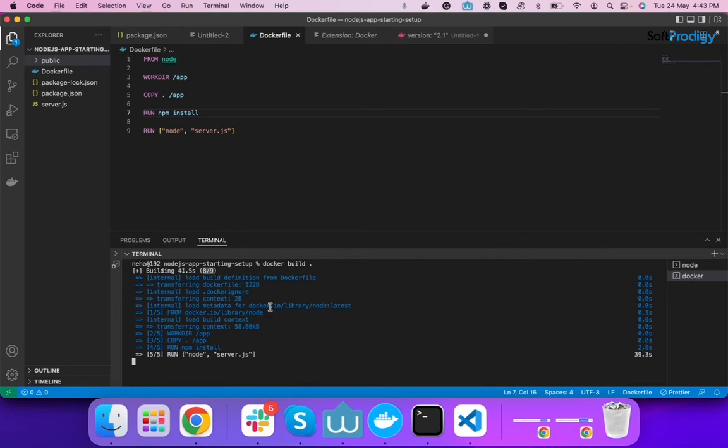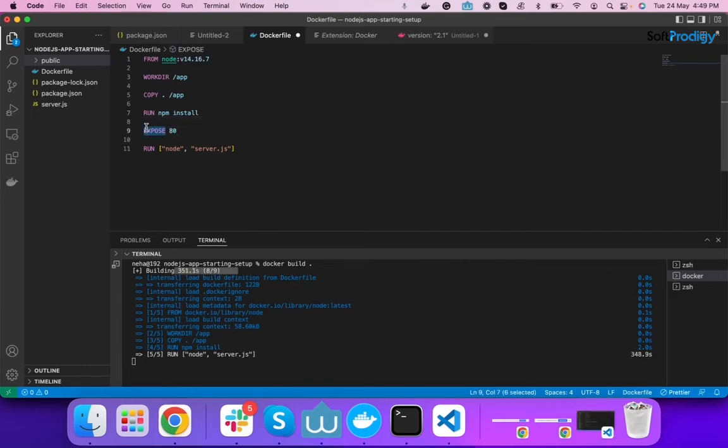It is taking a little bit of time for the first time. After that, if you are creating a build again and again, it will not take that much time, because it will check the cache first. So we have to use the EXPOSE keyword with the port number you want to run your container on. If you want to run your container on 3000, you can mention 3000 over here.